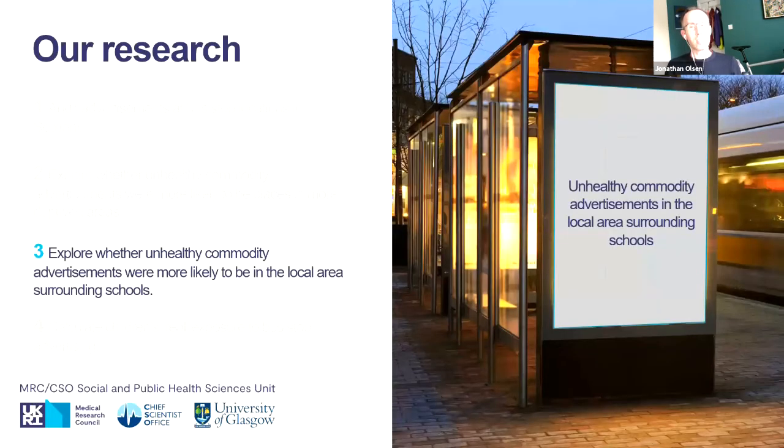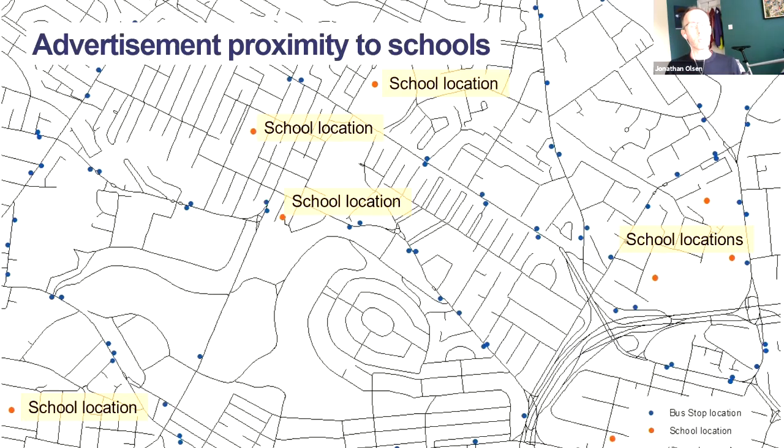So then, as I touched on at the very start of the presentation, we really wanted to know whether advertisements were more likely to be in areas surrounding schools. That was one of our key outcomes that we wanted to explore. So as well as our bus stop data, as you can see here, all those blue dots are a bus stop which we rated, and we understood exactly what was being advertised there from our Google Street View audit. We then were able to obtain the school locations across Scotland. So each of these little orange dots here is a school location. So from this, we were able to add boundaries to the school locations.